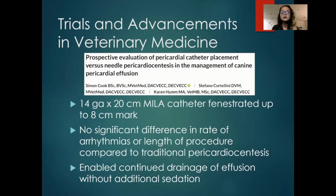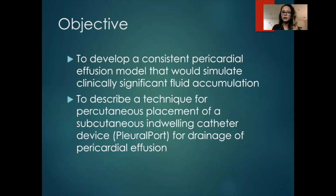This enabled continued drainage of effusion without additional sedation for these patients while in hospital. The objective of our study was first to develop a consistent pericardial effusion model that would simulate clinically significant fluid accumulation. My goal was then to place these PleuralPort catheters within the pericardial space using nothing more than a modified